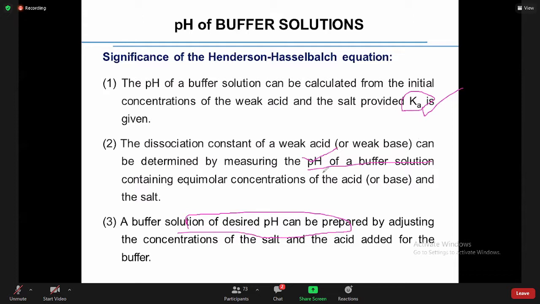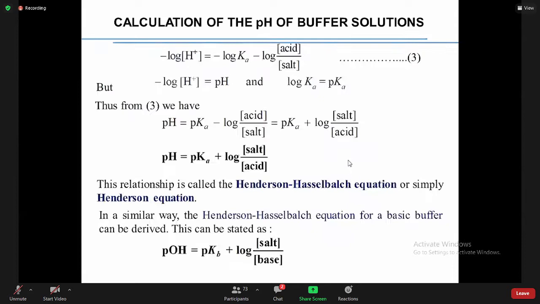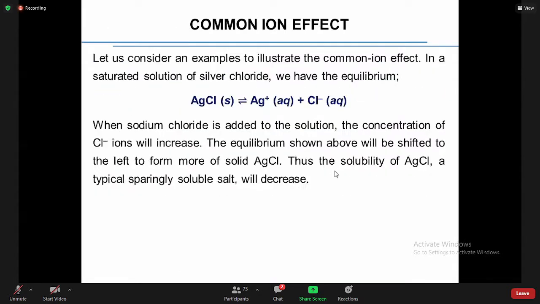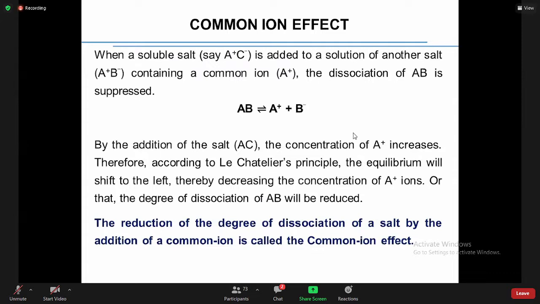So these three are the basic significance of the Henderson equation. These topics were all studied by you in HSC, and hopefully these are very common basic parts of acid base solutions. This chapter I have also made concise, so that you don't have any problem